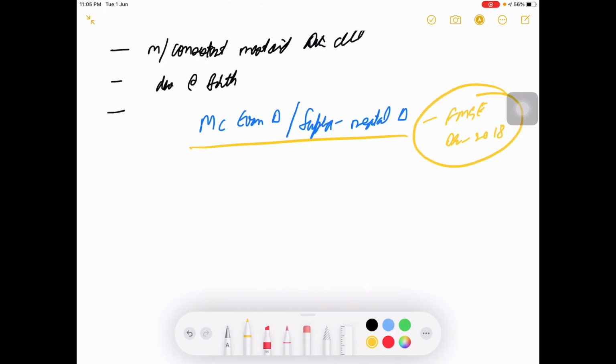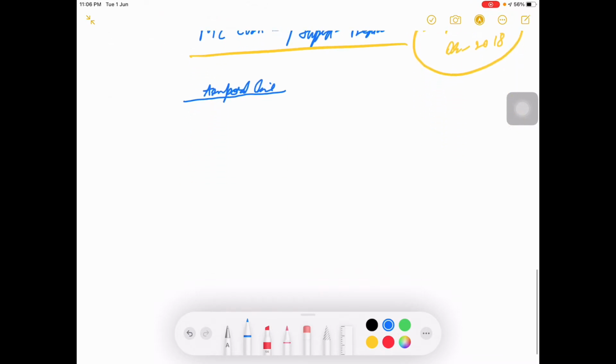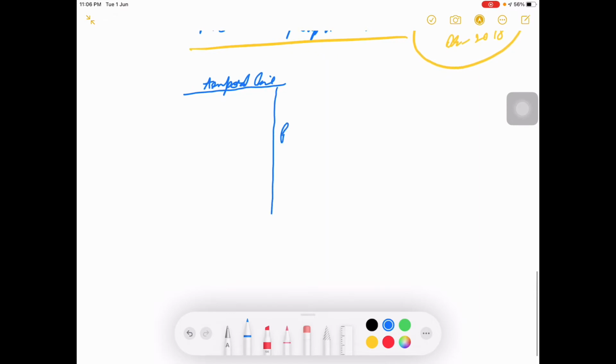So McEwan's triangle is basically from the zygomatic process of the temporal bone, which will be extended backwards. So this is your temporal line. Then you will draw a line perpendicular to it that will be posterior to the external auditory meatus, at a right angle. Then you will draw an imaginary connecting line joining them.